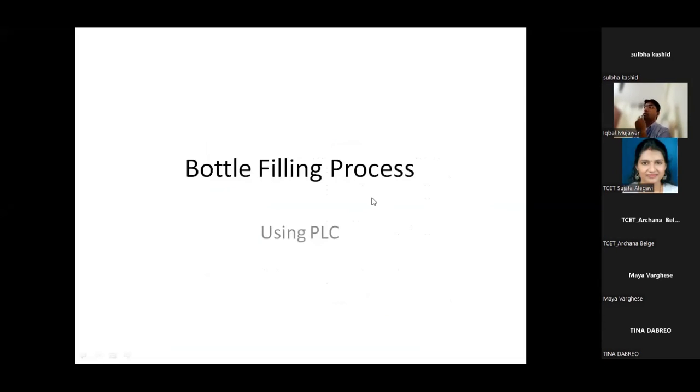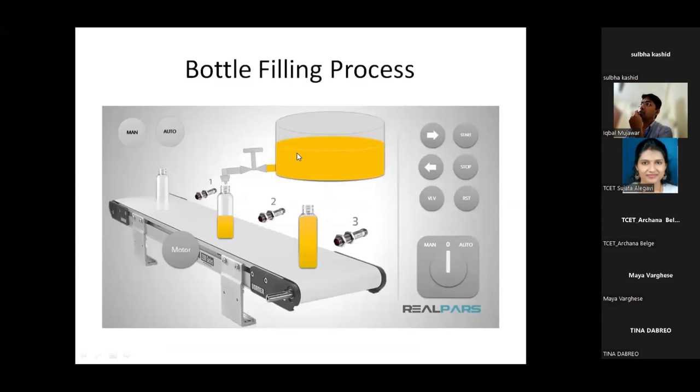How to develop the PLC ladder coding for any process, for example the bottle filling process. In this process we need to fill the bottles which are moving on a conveyor belt connected with a motor. We need to open a solenoid control valve for 7 seconds, and after 7 seconds the bottle will be filled and it will go. Based on that we use some sensors to count how many bottles have passed. This is the bottle filling mechanism that we need to control.